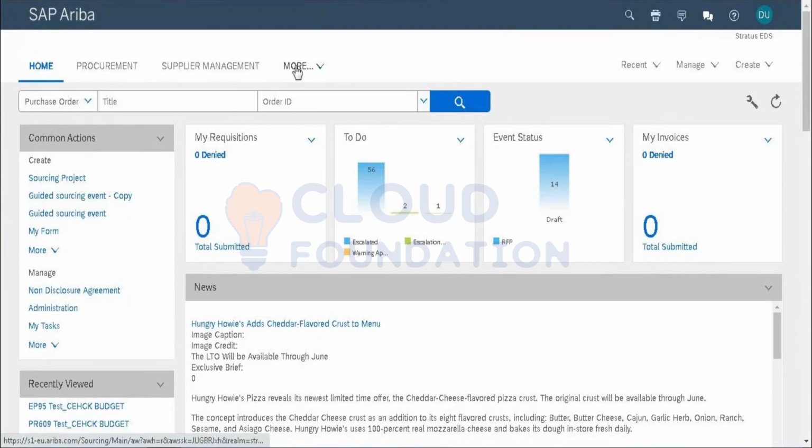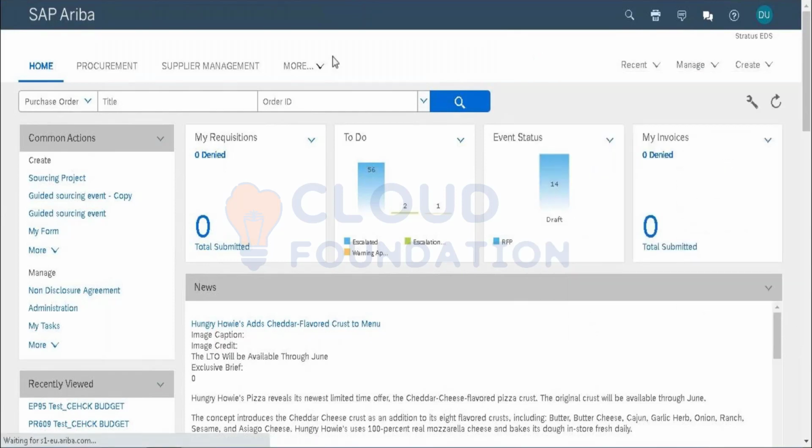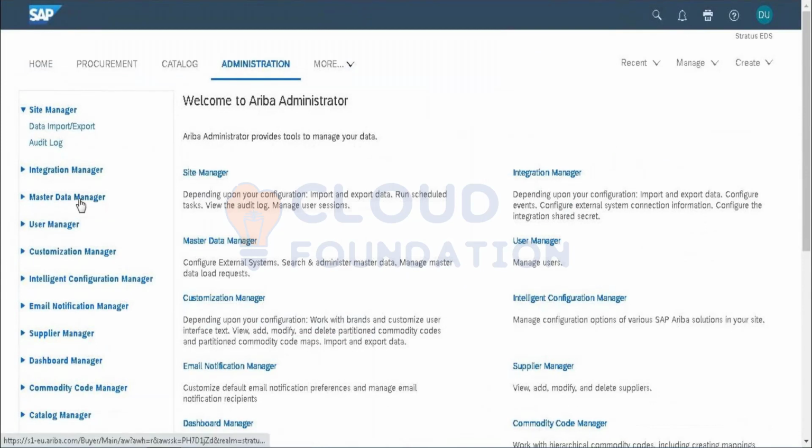Okay, so we'll see that one. Okay, and manage. So where is that core administration? If you go in here, and we have some data import exports,